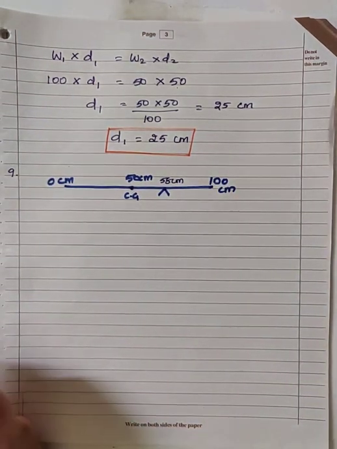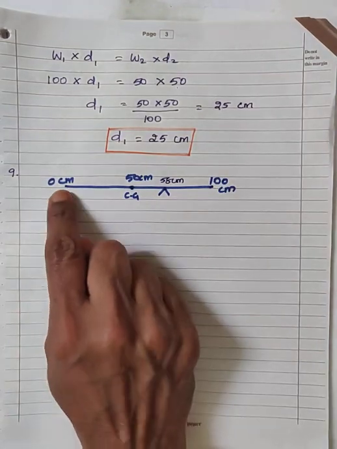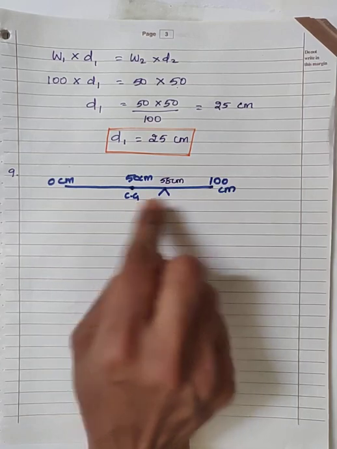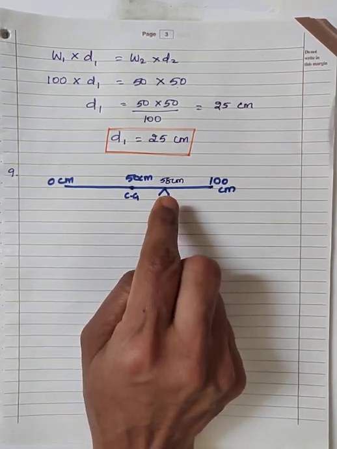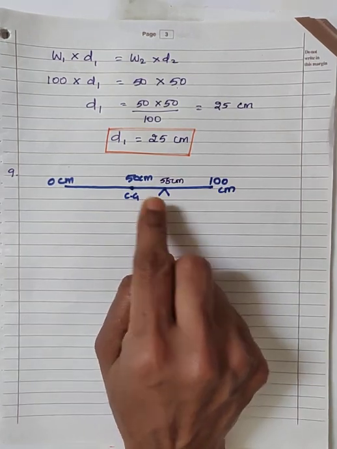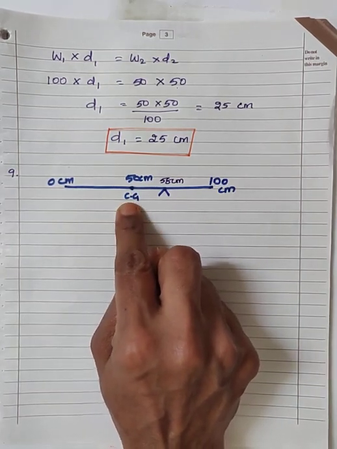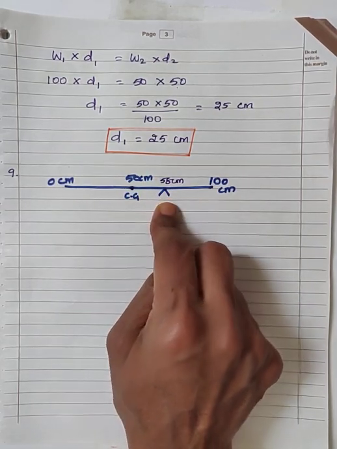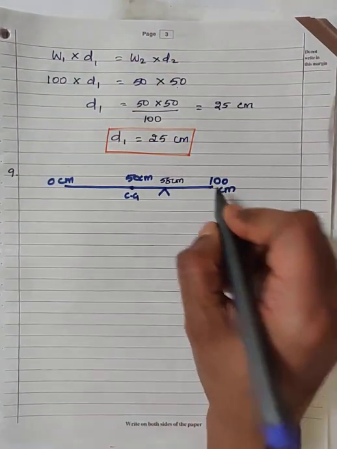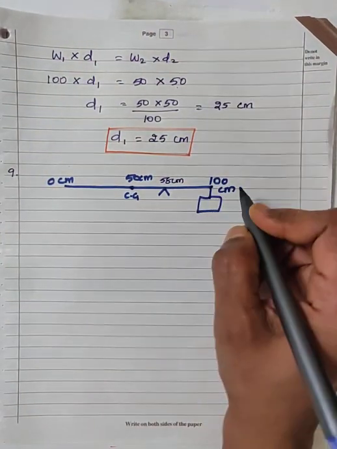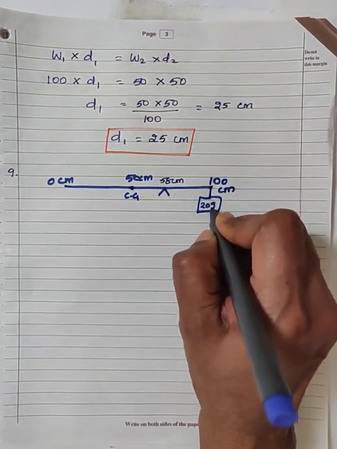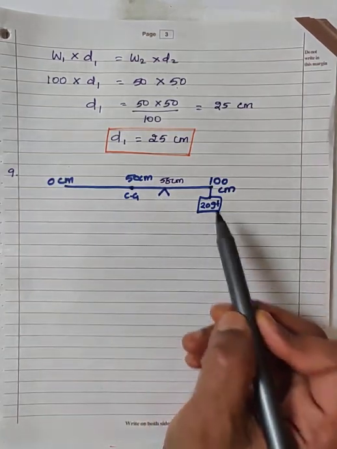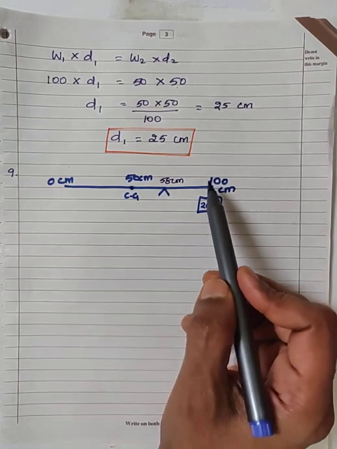So 20 gram force is suspended from one end. Now you have a doubt whether it's 0 centimeter or 100 centimeter. Actually, the balancing point should lie at the center of gravity if no weight is suspended. Since the weight of 20 gram force is suspended, the balancing position is shifted from 50 centimeter to 58 centimeter. So the balancing point is shifted towards the right. So the weight should be suspended on the right side. Since the balancing point is shifted towards the right of center of gravity, the weight should also be suspended on the right side.